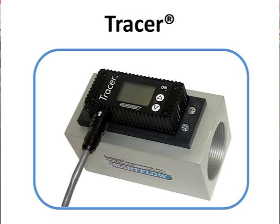Today, I'm happy to announce that RJG has integrated our tracer flow meter into their data acquisition system, the eDart. This is great news for customers. This will give customers the opportunity to monitor and record temperature and flow in their cooling circuits. Again, I say this is great news. What's more is that through this collaborative effort,